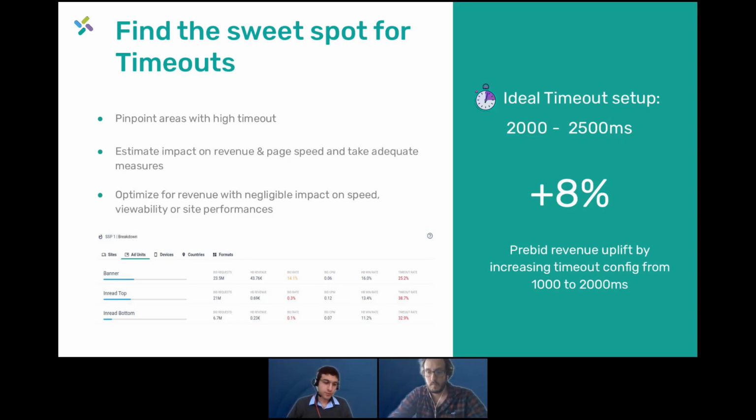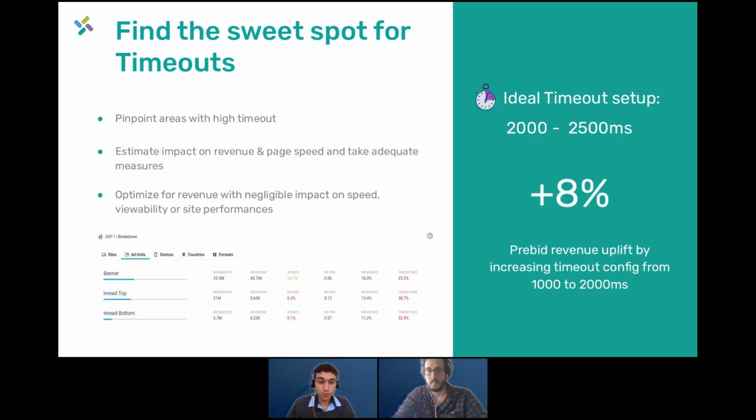Because if you consider the way that the auction happens, all the SSPs answer simultaneously, which means that the auction is only as long as the slowest of your SSPs. And it also means that it only takes one SSP reaching the timeout for your auction to last this long. Which is why, if you look at the example that we have screenshotted and put on the slide, you can see the in-read ad units example,